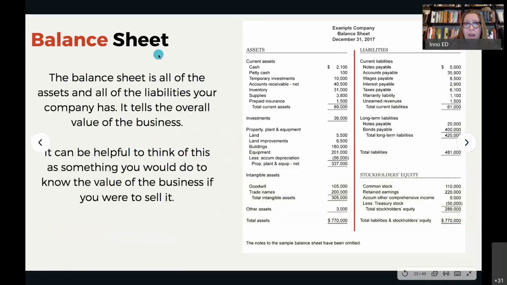So we're going to dive right now directly into the balance sheet. And again, the balance sheet is that second form. It's the one that is telling you whether or not you owe more or own more. Assets are positive money in the business. And you can see on the sheet here that that one side is assets. And it's almost like a seesaw against the liabilities, how much you owe. And so as you start to think about it, you're thinking, do I owe more or do I own more?